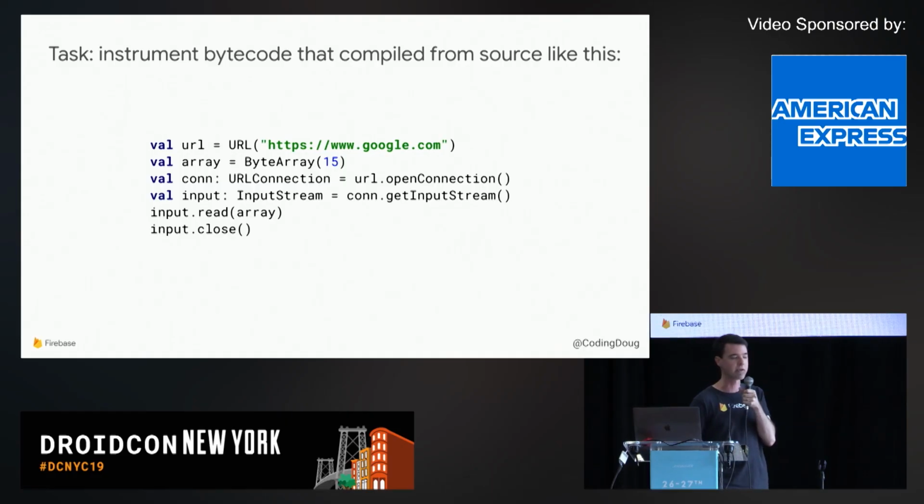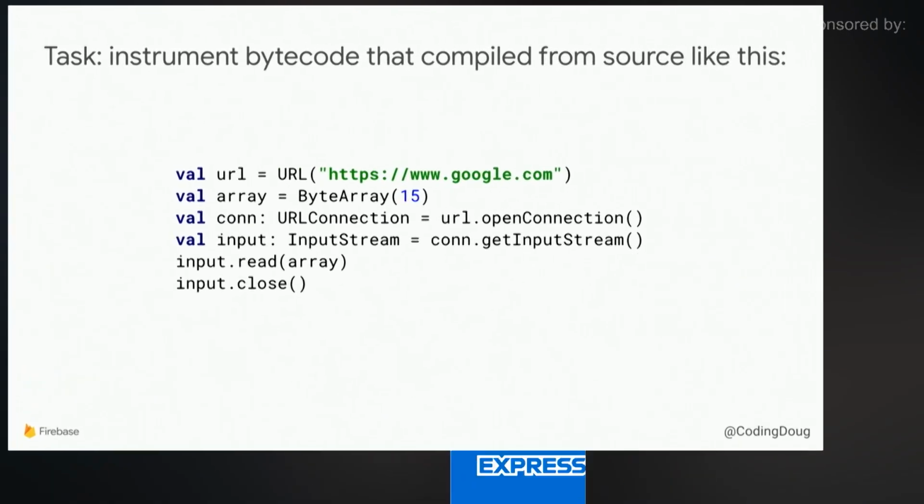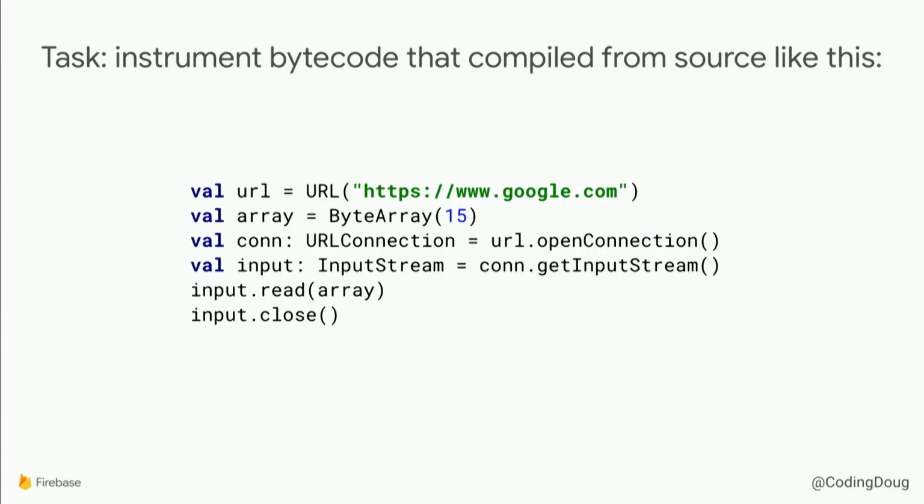Now, what kind of things are we looking for? Well, here's just a sample. This is one of the 3 different APIs and one variant of URLConnection. So all we're doing is newing up a URL, allocating a byte array, opening a connection to it, dumping the input stream into that byte array, and closing the connection. This is pretty standard stuff, just fetching a URL. So this is what we're looking for. This is the pattern of code that we want to find in bytecode,